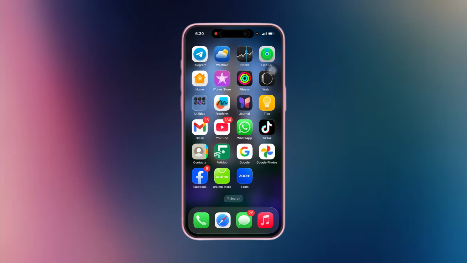Alright, in this video we shall be looking at how to clear cache on iPhone. This is another way to speed up your phone, and also if you are running out of space, this is